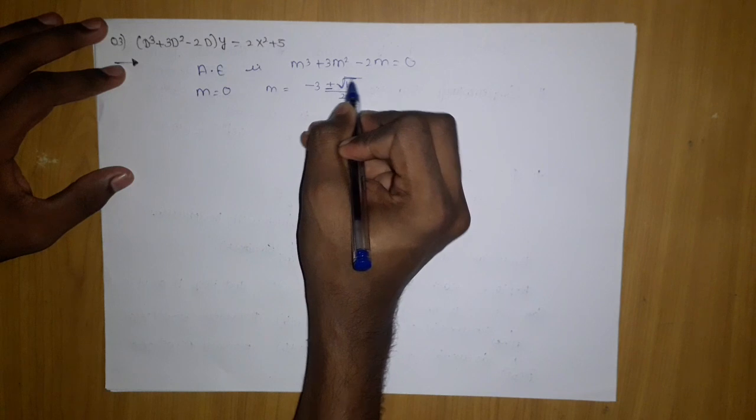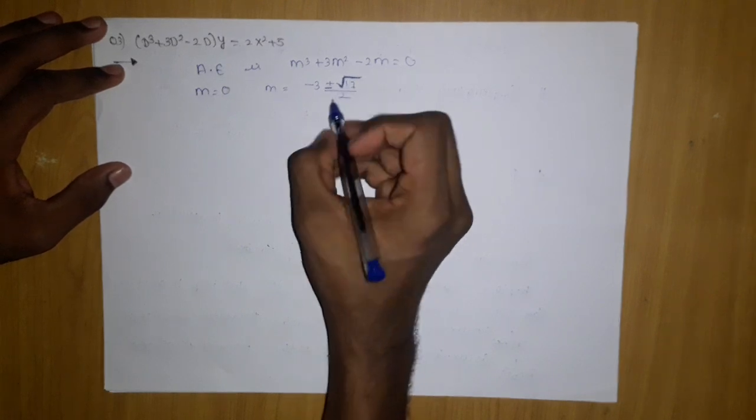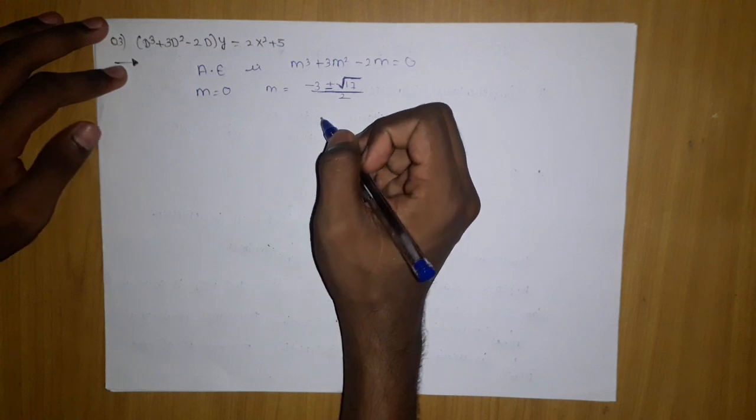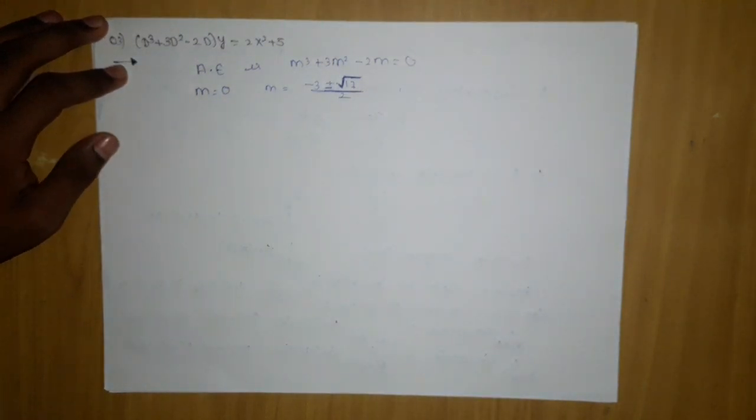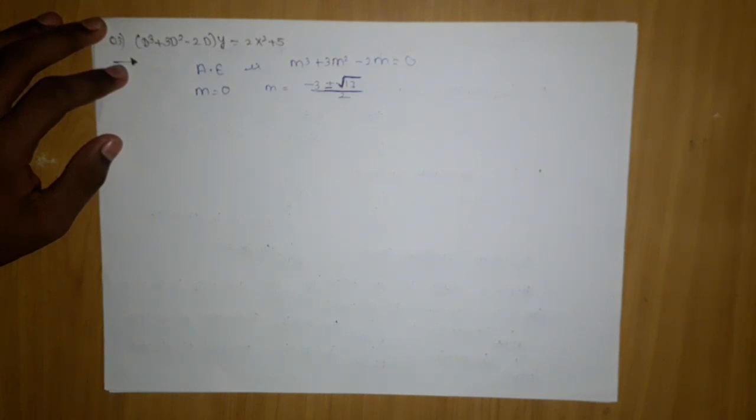Now what happens is, when you get this kind of root, many children get worried because they think the complementary function will look worse. So it's not about the looks of the answer, it's about getting the right answer. Many children try to think like that. Just your roots should be right, that's what matters. Whether it looks good or not is the other part of the story. The examiner will not focus on whether the answer is good looking or not. It will focus on whether the answer is right or not. So try to get the right answer.